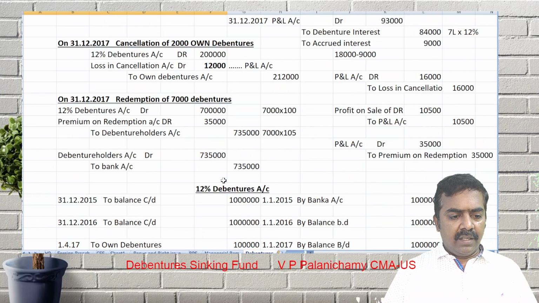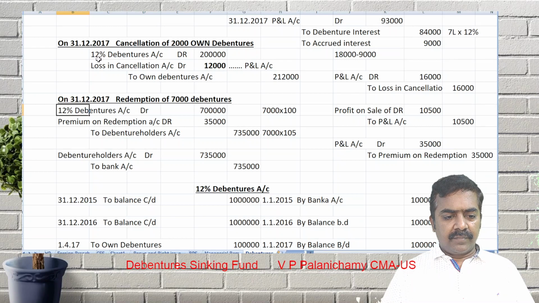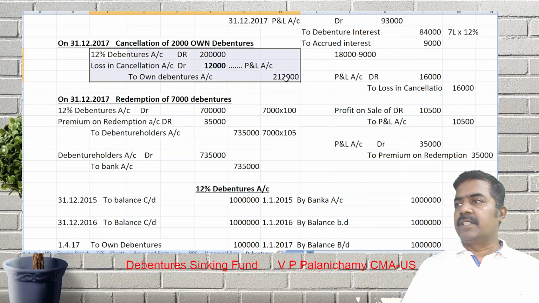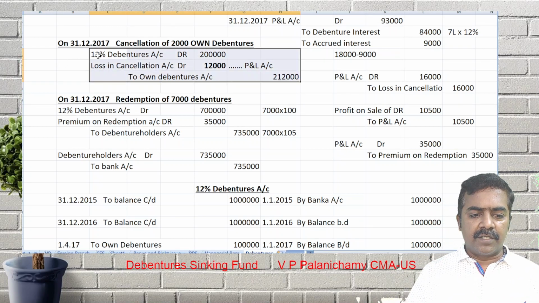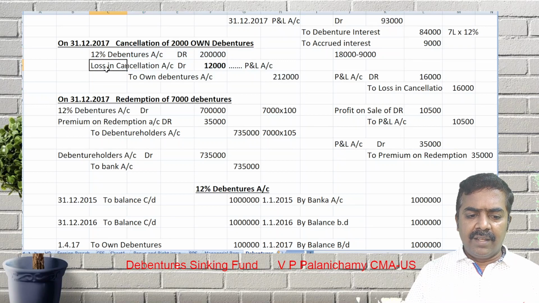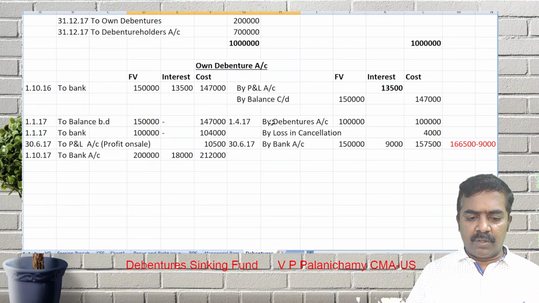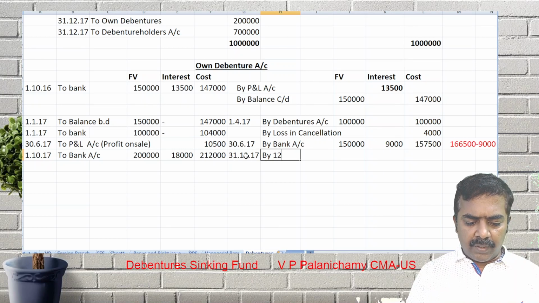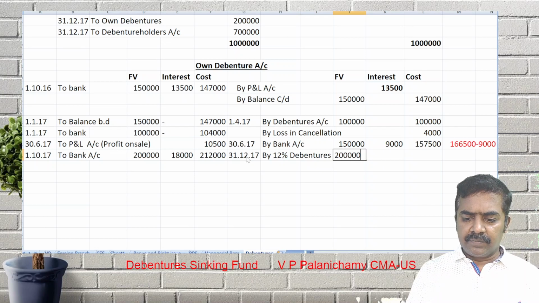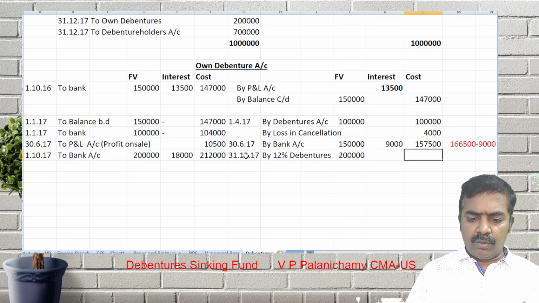எஸ், இதை கேன்சல் பண்ணிருக்கோம் பாருங்க. We cancelled our own debentures. 12% debentures account data. Loss in cancellation account data to which account? Own debentures account. அது எப்படி வரும்? On 31/12/2017 by 12% debentures. எவ்வளவு கேன்சல் பண்ணிருக்கோம் face value? 2 lakhs. எவ்வளவு amount? 2,12,000 by